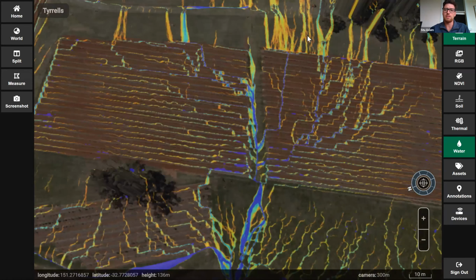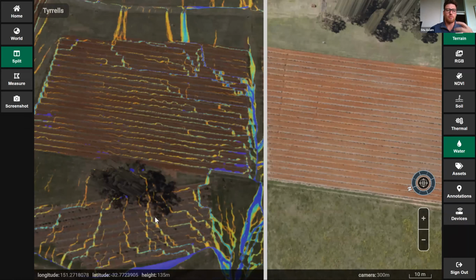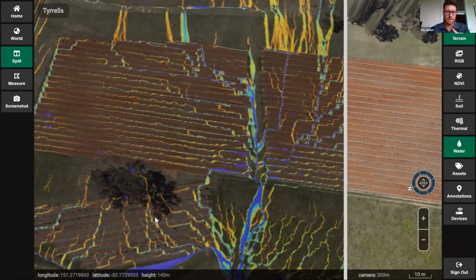You can see some of these lines that drive through here. I can move this slider across and you can see where those washouts are. So potentially contouring up the top here. So you're trying to fundamentally improve the landscape rather than chasing the vineyard throughout a season, which is a big factor. And that is a good segue to go to the next point,